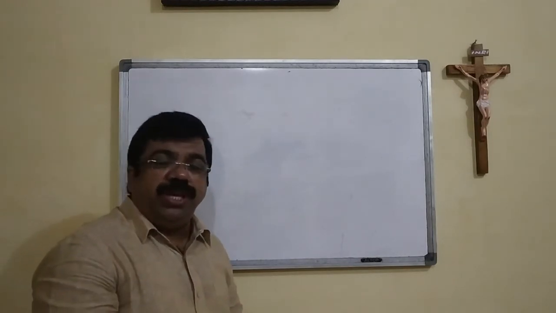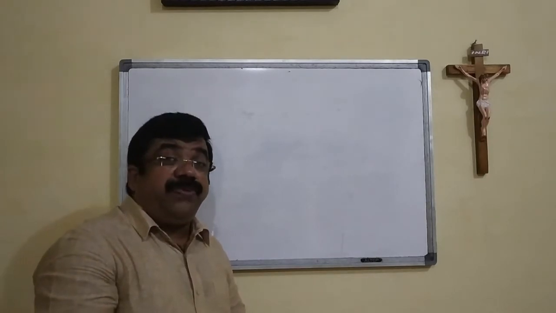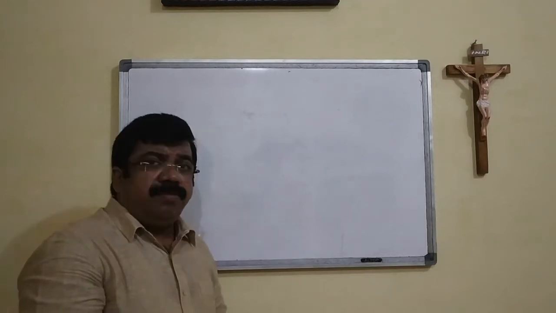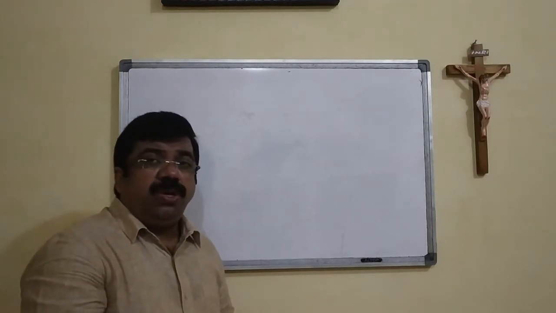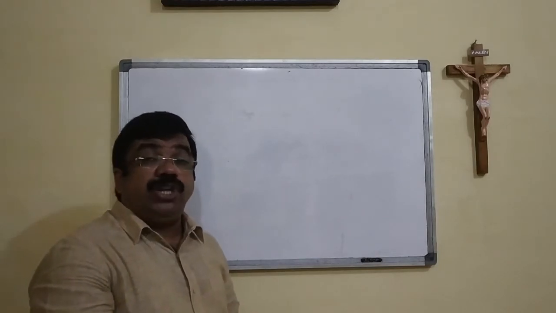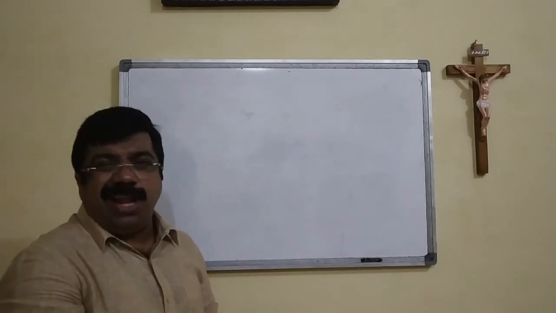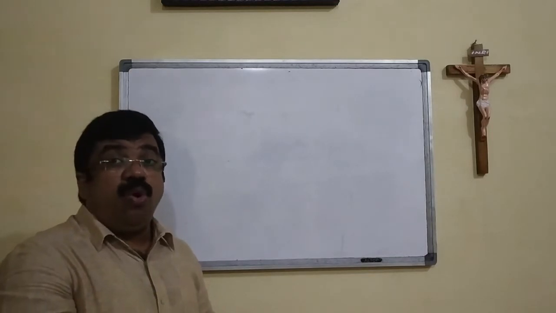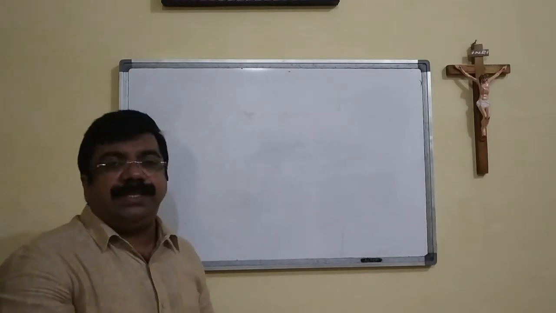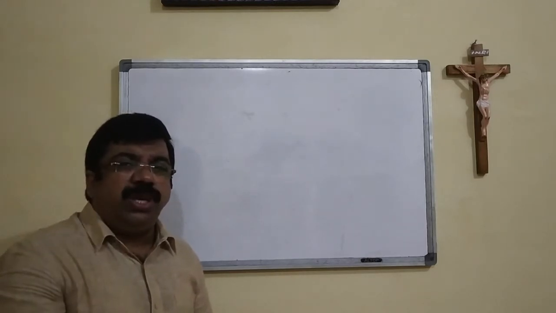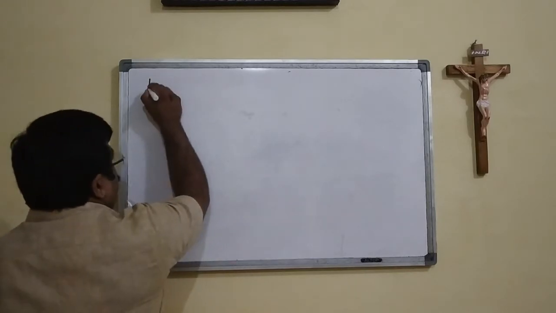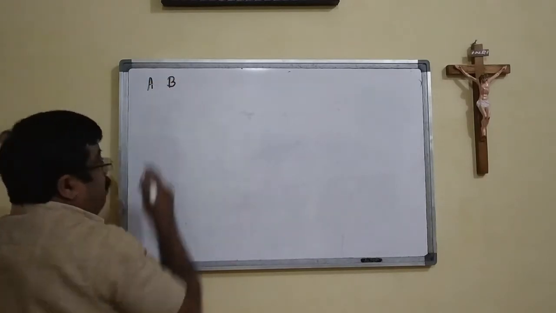Today we are going to see the different logic gates in Boolean algebra. In the previous class we saw the truth tables related to AND operation, OR operation, NOT operation, implication and so on. Today we are going to see the basic logic gates. First of all we will see the AND gate, that is A as well as B.